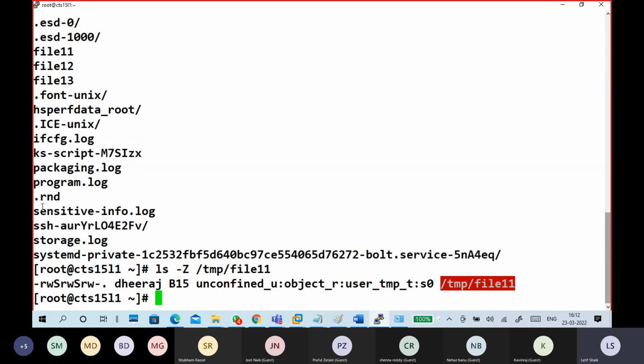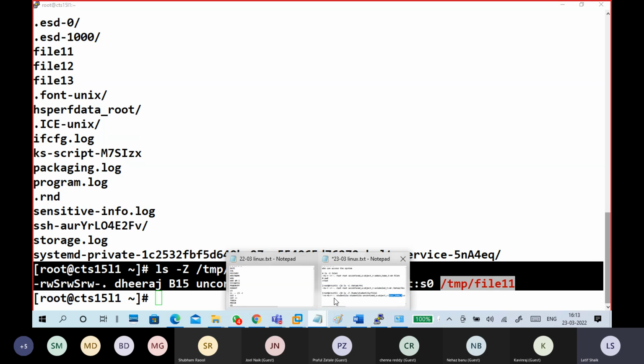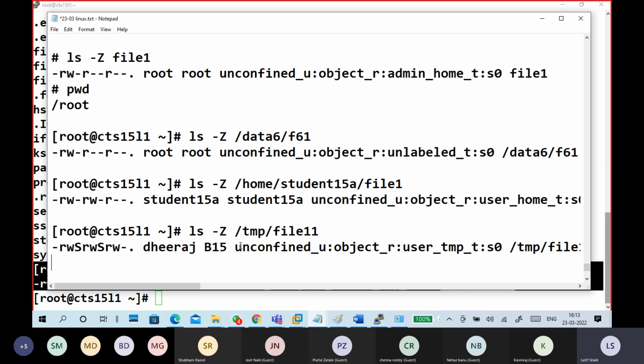File 11, yes. User under temp. Okay, you can look here. It is showing user_tmp because it is created and modified by a regular user only, so that is temporary. Depending upon location, a file in the temporary temp location shows like this.